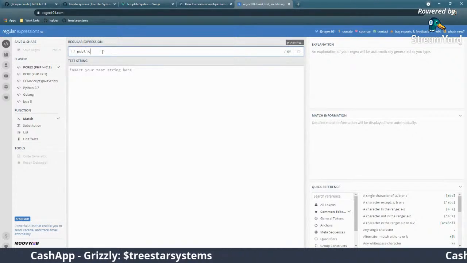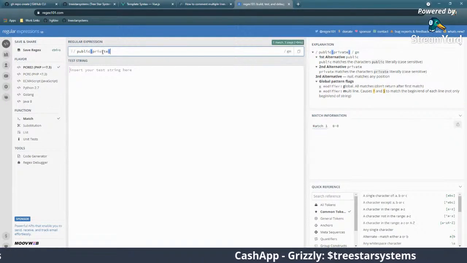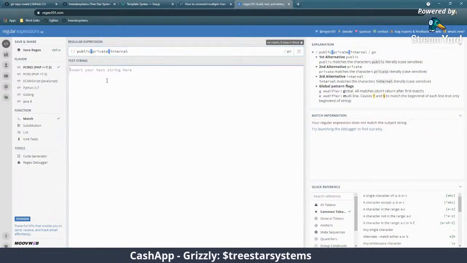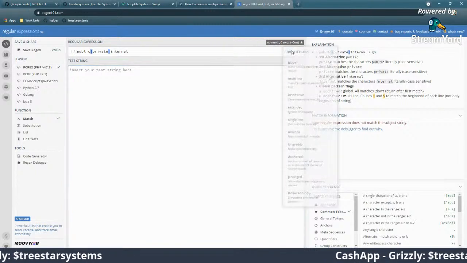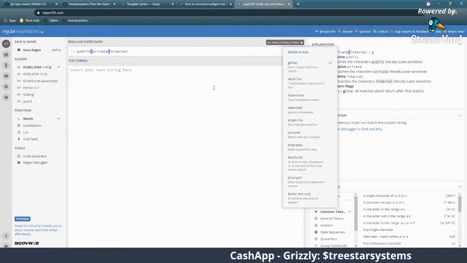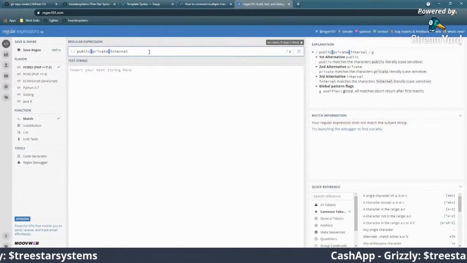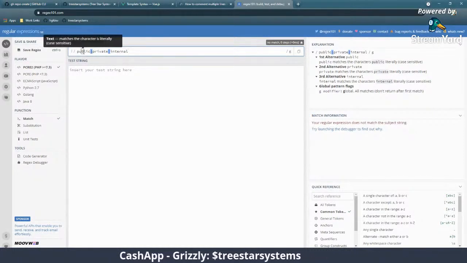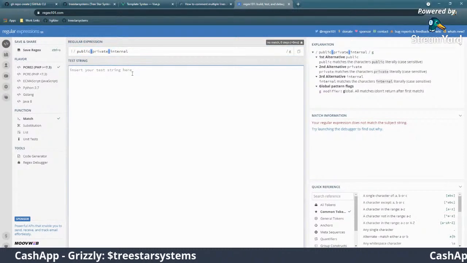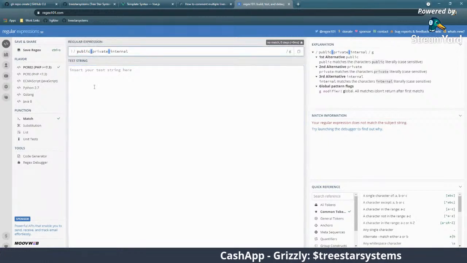Let's go ahead and put in public. I think I'm writing this right. Private, and then internal. All right, so I won't need multi-line. And we went over this in past videos. If you use something like regex101 with these tools, you can actually test out regular expressions. The only thing I worry about is these names here, matches character literally, case sensitive. Okay, so I think I can do,